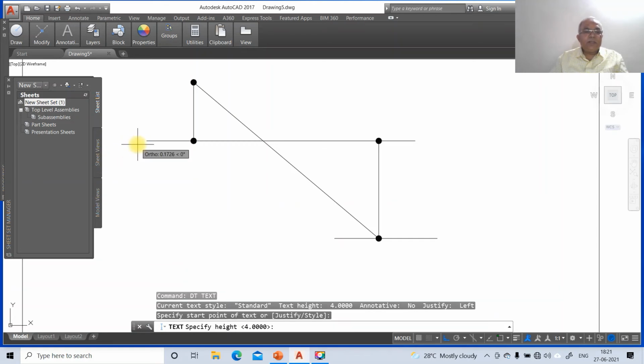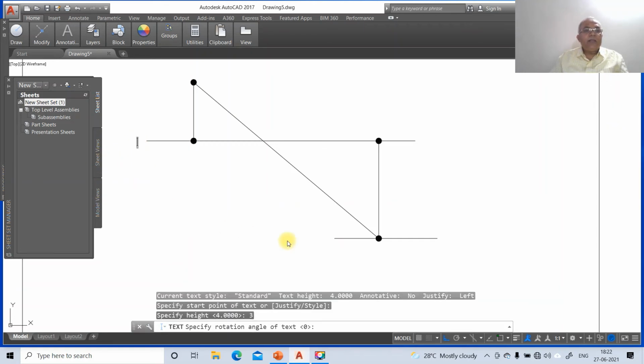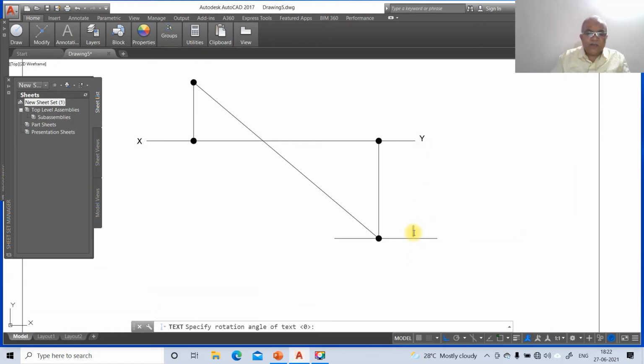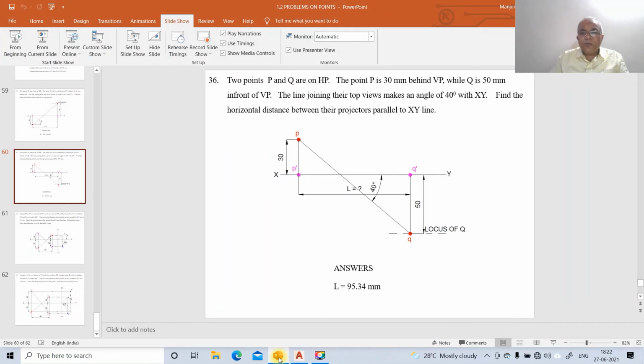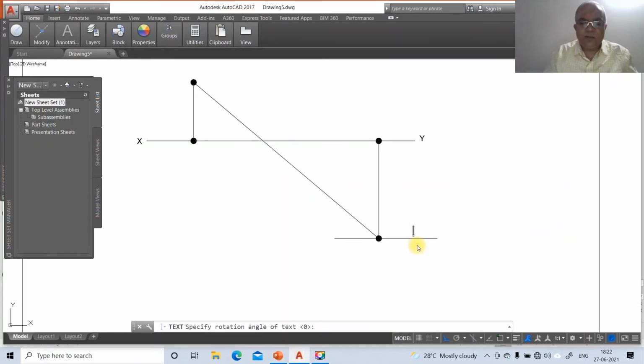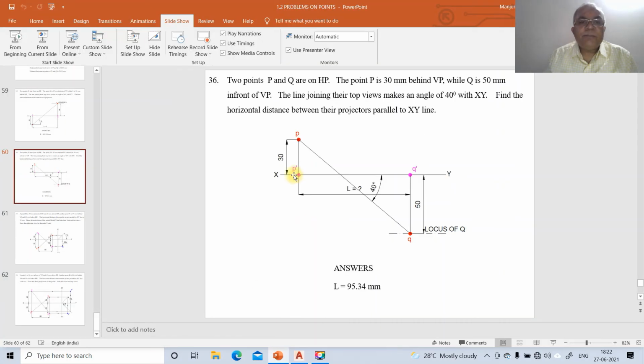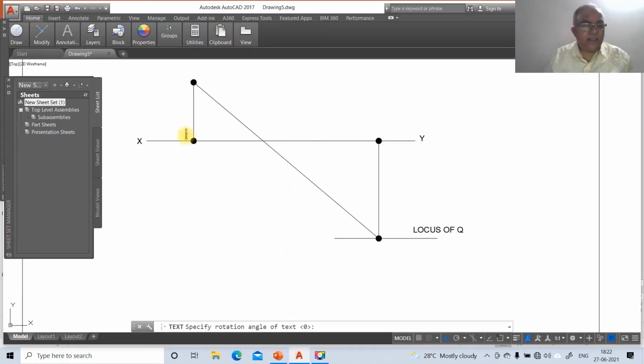Here you mark this as 3 and you type X capital letter and type Y. So this will be locus of S. I think it will be locus of Q, so you make it locus of Q. And then P dash, Q dash, P and Q. You mark this as P dash and this as Q dash, this as Q and this as P.